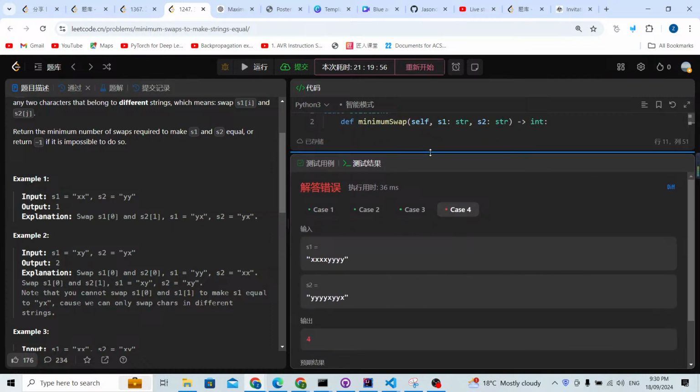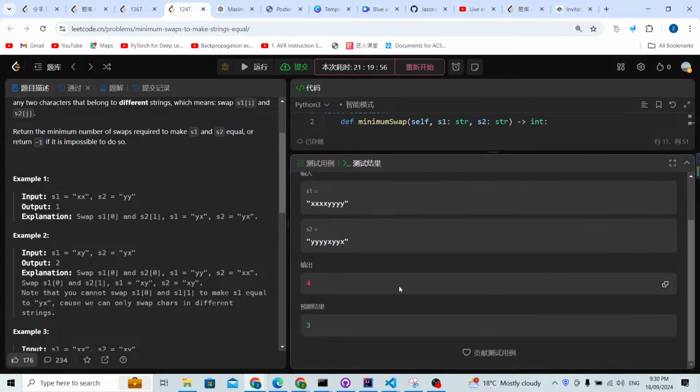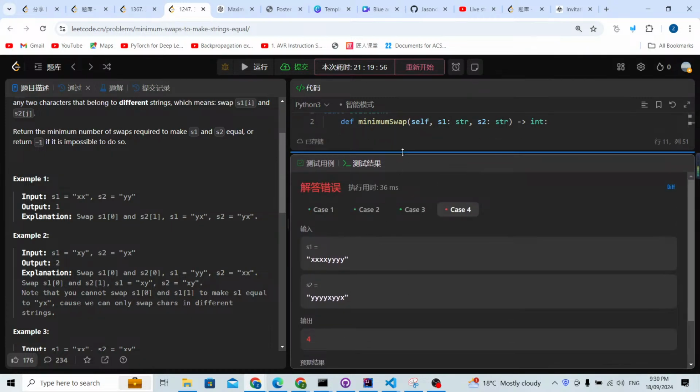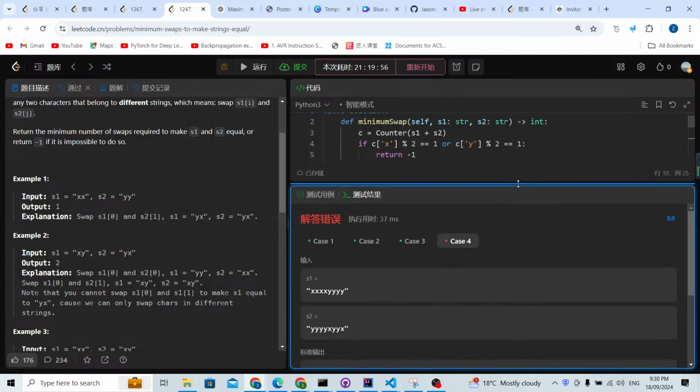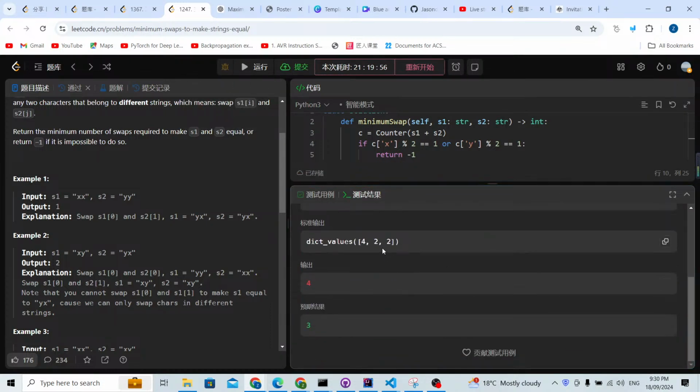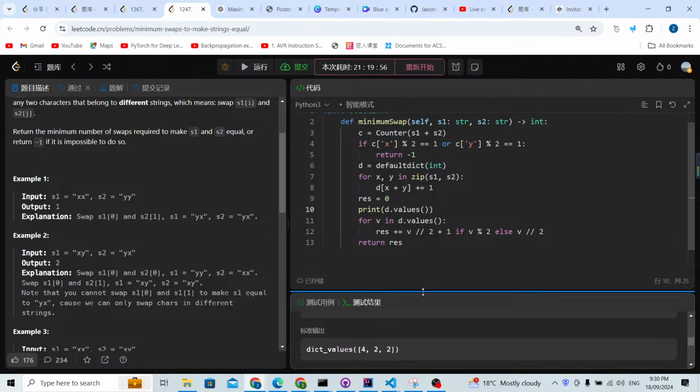I cannot pass. Let me check. Before, I didn't use this way to solve the problem. Actually, I wrote a lot of code too. But here I prefer to use this way. Let me print out d.values to check why it didn't work for this testing case. So this is going to be d.values. I think I forgot to